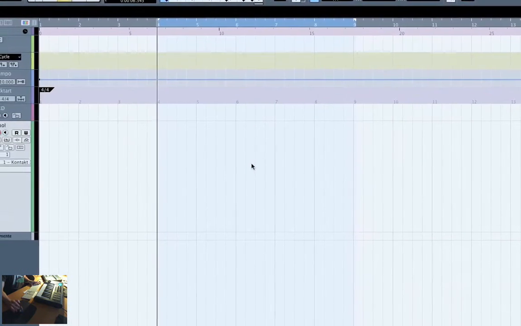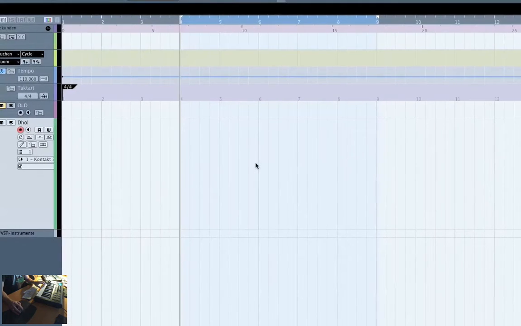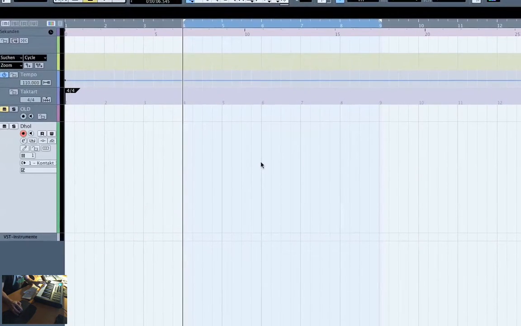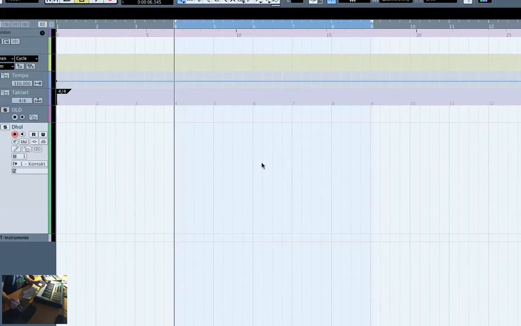So what I find, maybe I should mention before I start, the most important thing is to think as if you would compose for an orchestra. So you start, if you want, with a contrabass, and then you add the cello, and then you add the viola and the violins, and you do the same for percussion. So you start, of course, with whatever you like, but it might be good to start with the deep stuff and go to the mid stuff and then do the treble or high stuff. So okay, let's find some